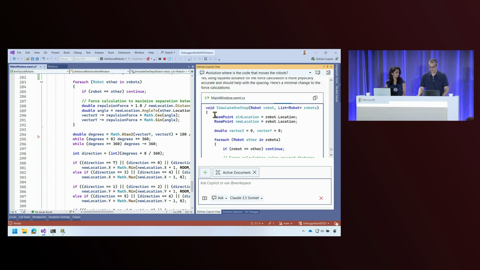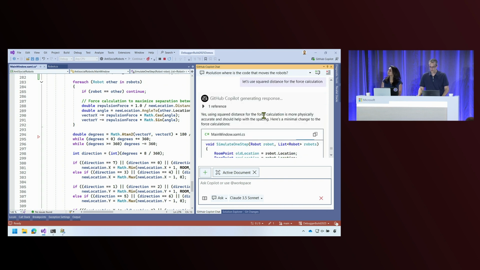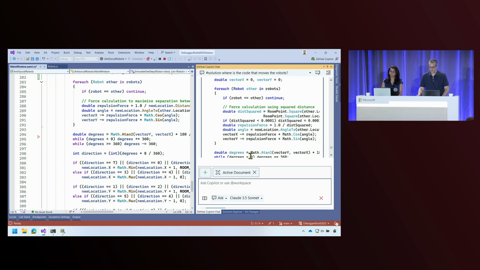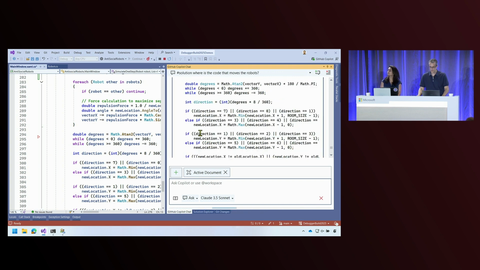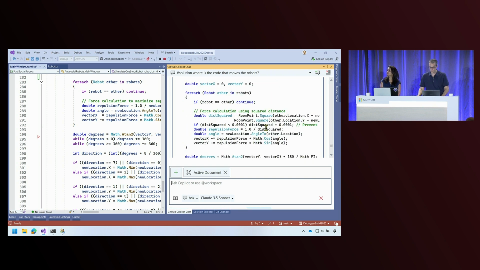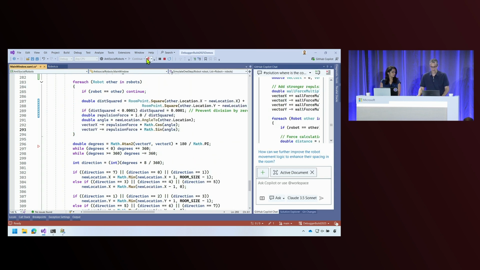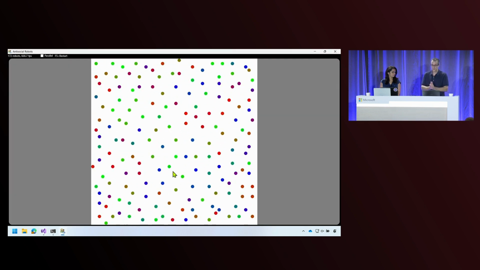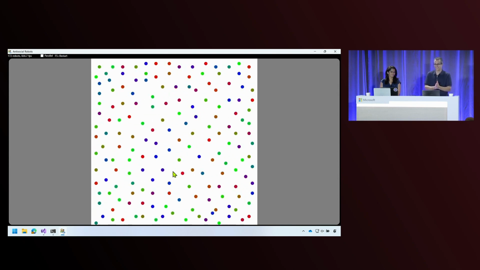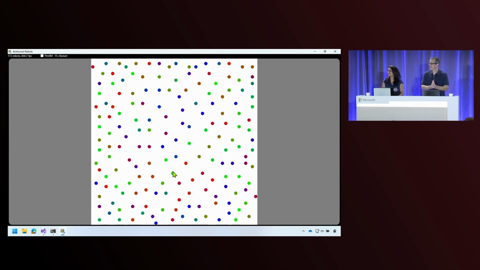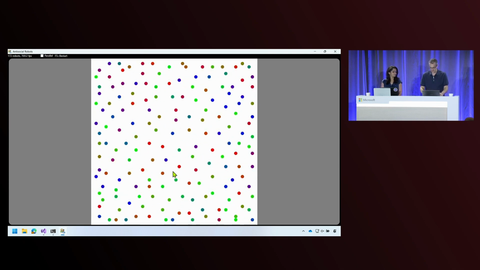Okay, now I think it's getting the hint. It's saying, let's use a square distance calculation here. I think it made other changes, so I'm just gonna grab the relevant piece here and put it inside the method that we have. And let's hot reload and hope that it's working correctly. All right, there you go. It took us multiple attempts, but we got it.